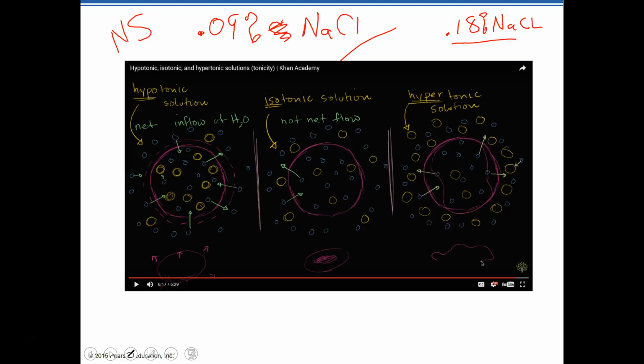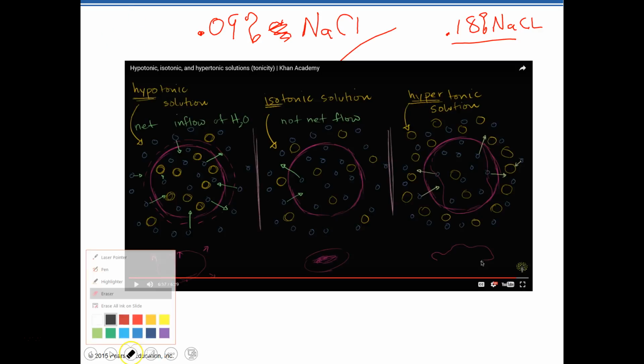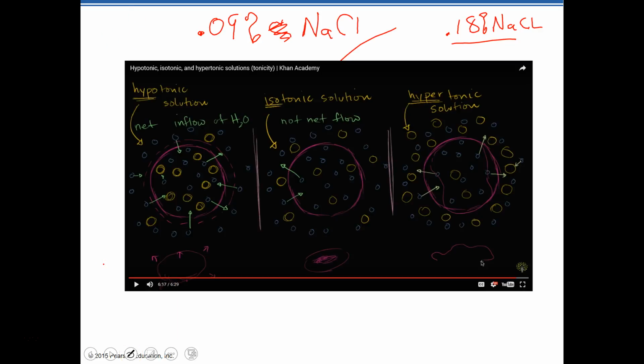I will tell you something that we do see, and let me get rid of this NS up here. It's kind of in my way. Something that we do see is 0.45% sodium chloride. That's something that we do commonly see. We see it used not all the time, but sometimes with diabetics that have a really, really high blood sugar. They haven't taken their insulin and done the things that they need to do. They have a really high blood glucose level.